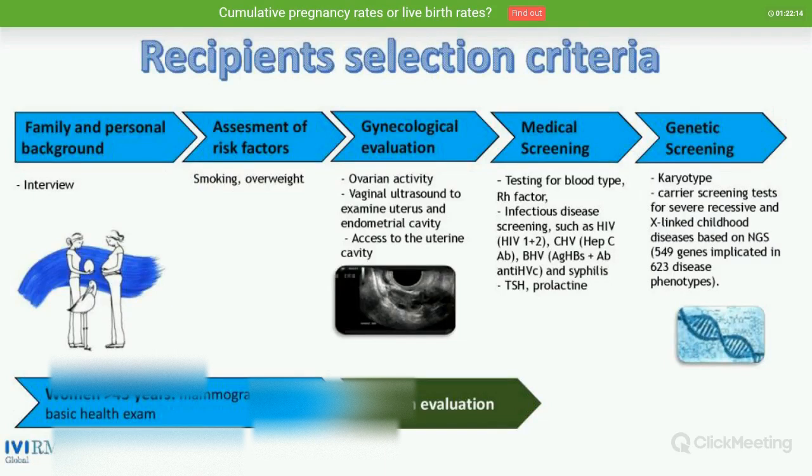What about the recipients? We can choose the recipients. Recipients are women who would like us to help them because they want to get pregnant. What happens with them? We review the family and personal background. We take into account risk factors: smoking, overweight, and whether they have any illness in their ovaries, in the gynecological